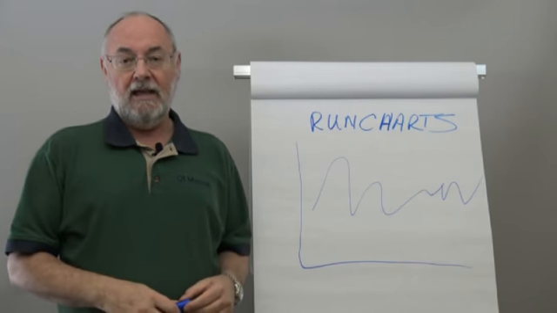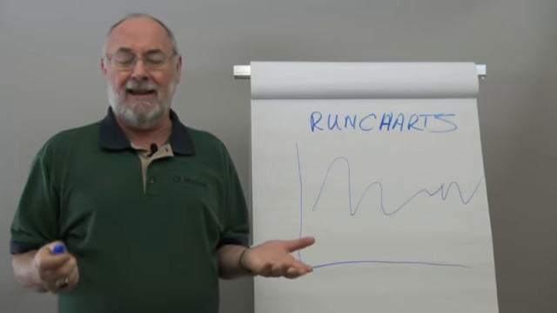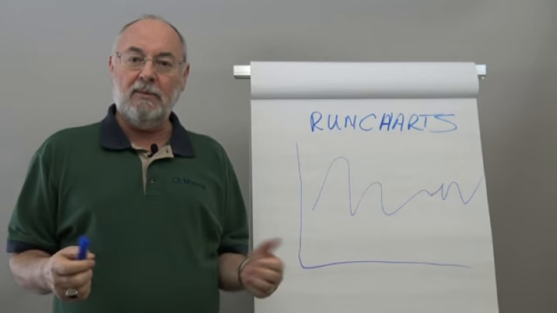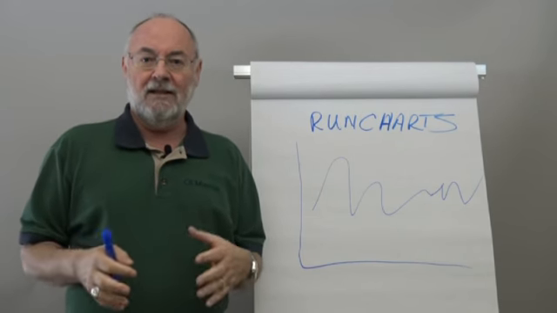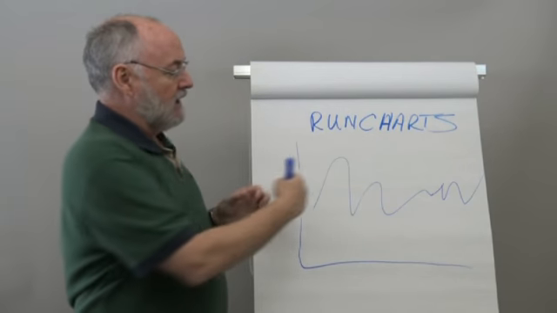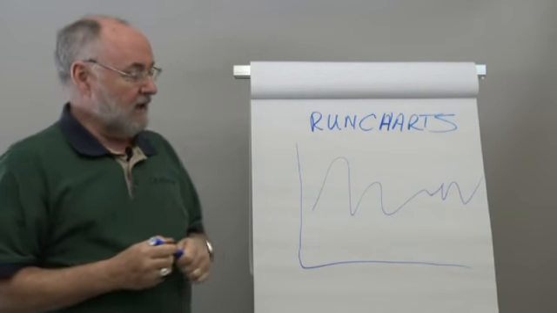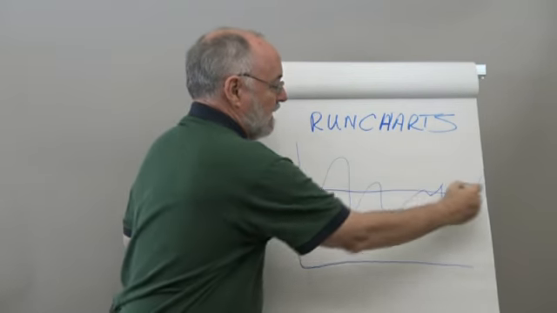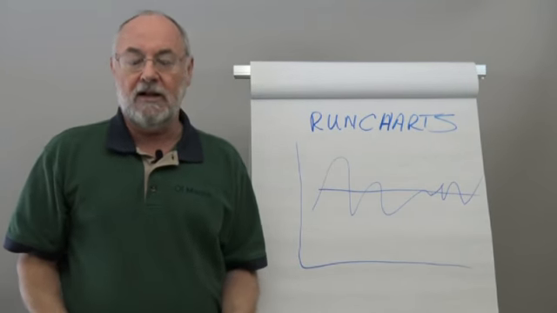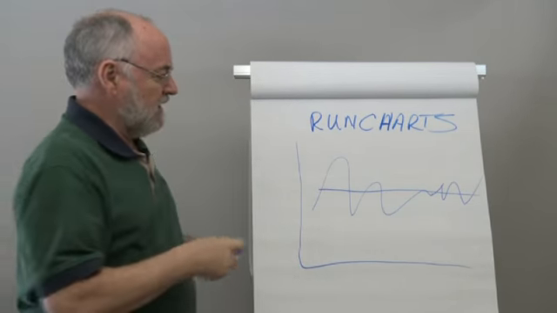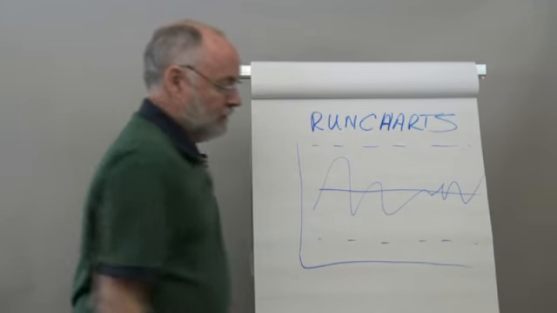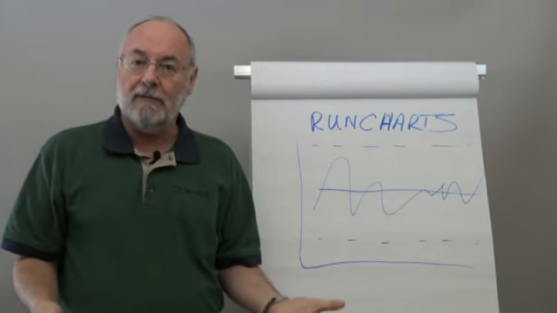Now, I want to talk to you about a disturbing trend I see out there in the world. The trend is that people think people need to learn about charts in an incremental way, right? So first we learn about line charts, and then I find a bunch of people trying to teach how to do run charts and what the run chart rules are and all the other stuff. And then eventually we might get around to teaching them how to use control charts. Now, what's wrong with this picture?